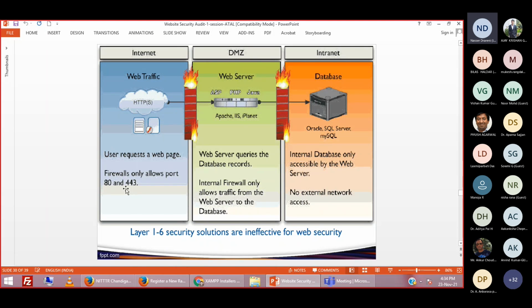The two ports responsible for HTTP and HTTPS are port 80 and 443. These two ports are responsible for displaying and running your website in the client web browser, right? If you block these two ports in the firewall, definitely no attacker will be able to reach your server or do any injection or attack on your system.